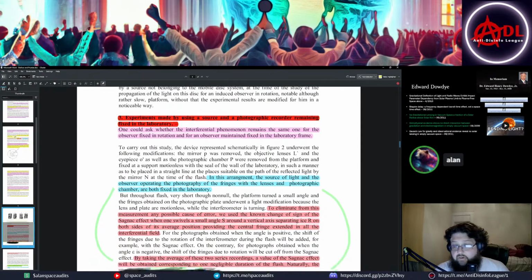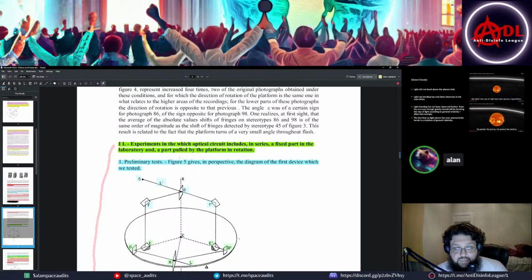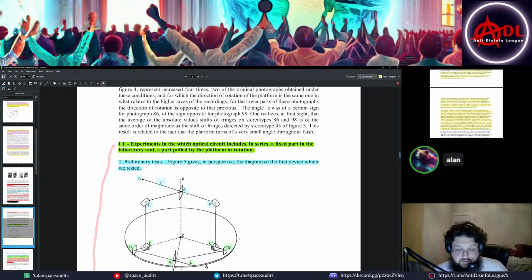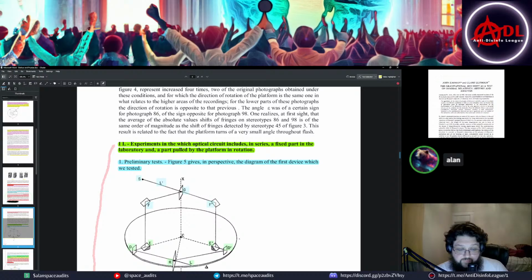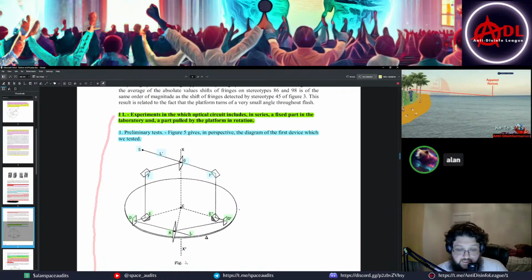Okay, so for their third configuration, they have a light source fixed to the lab. They got their collimator here. They have a disc above that's stationary. They have a mirror here that splits off, a beam splitter, and recombines. But when it splits off here, it hits a 45-degree angled mirror, hits another 45-degree mirror, and then down here is your rotating frame, right? And then in the final configuration of this, they actually attach an observer here to take a recording based off of this